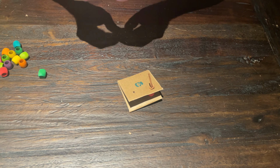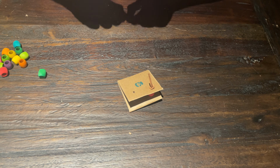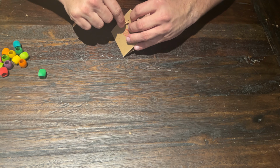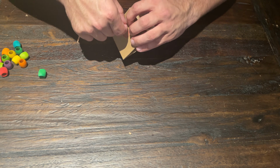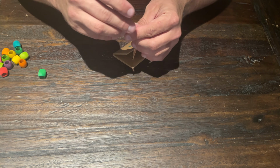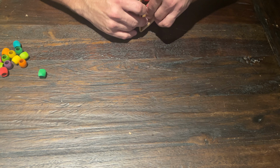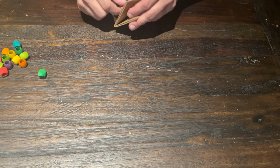The other thing is sometimes I can be a little bit destructive when it comes to my leather. If I'm trying to go too fast, I can snap it into pieces. Now this toy is going to be going to a green cheek conure, so that is obviously going to be a much smaller animal than me with much less destructive potential, but you are going to want to pay attention